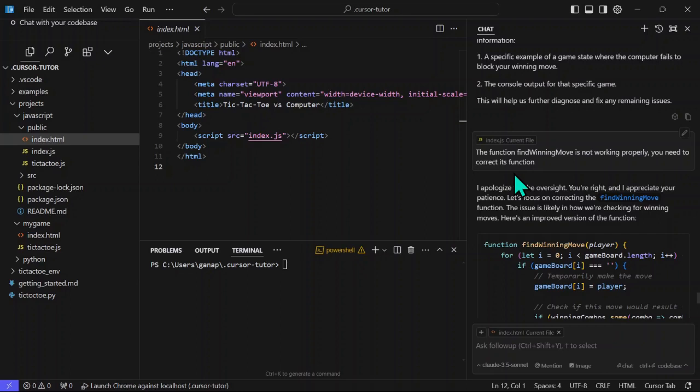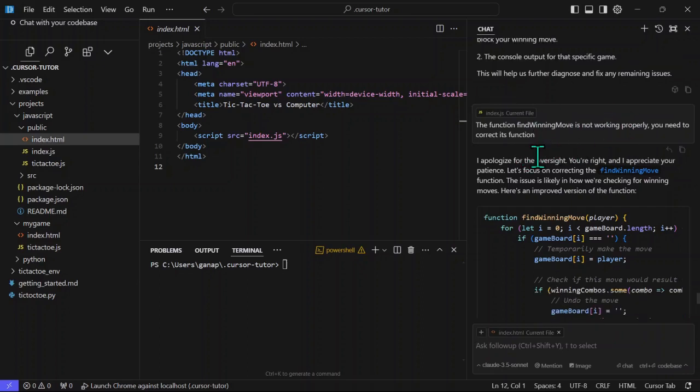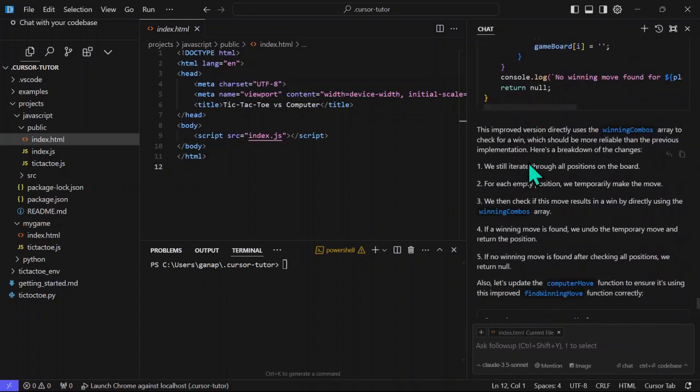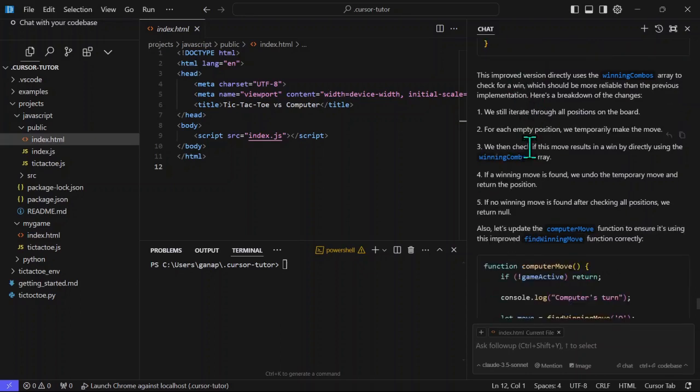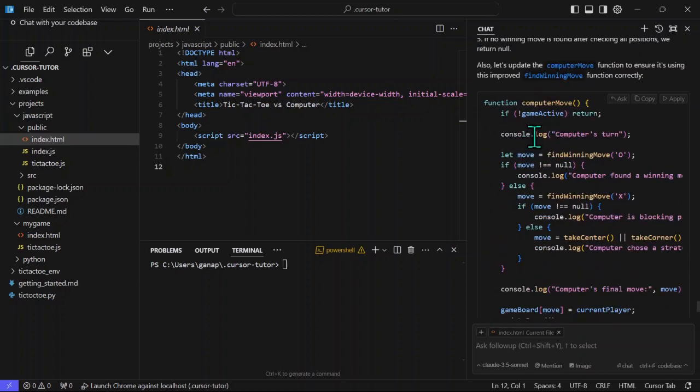It was still not working properly. So I had to debug a little bit and tell it that the find winning move function is not working properly. You need to correct that function. So then it corrects it. So it is not perfect. It does make mistakes. Even after iterations, it could not correct it. And only when I pointed out that this function has a problem, it corrected it. And finally, we got the